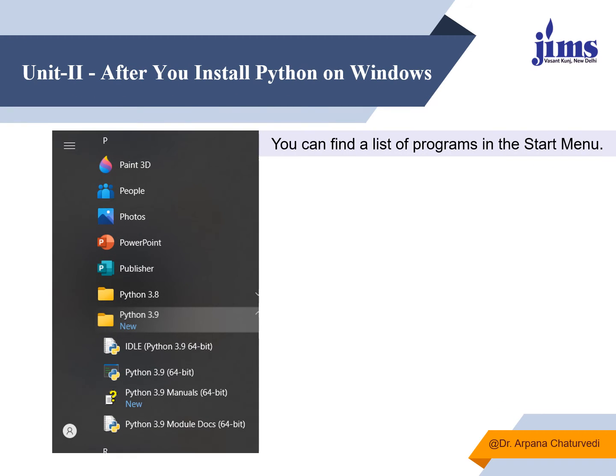Once you install the package, as I said, in the start bar you start seeing all the options available. And if it is not installed properly, you will not be able to see this in the start bar. As I have installed it, it is shown over here with a new option.